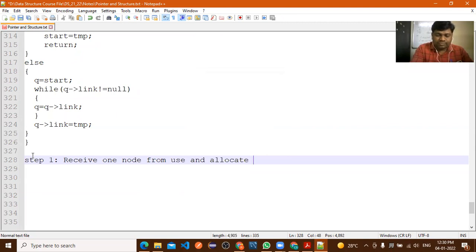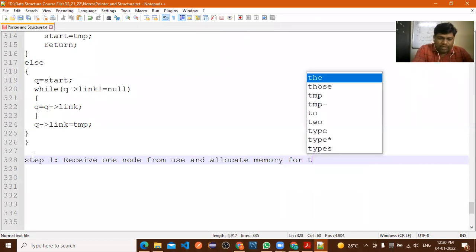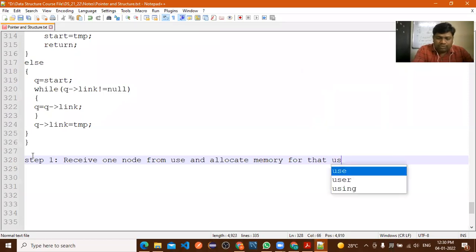allocate memory for that. Using what? How are you allocating the memory?